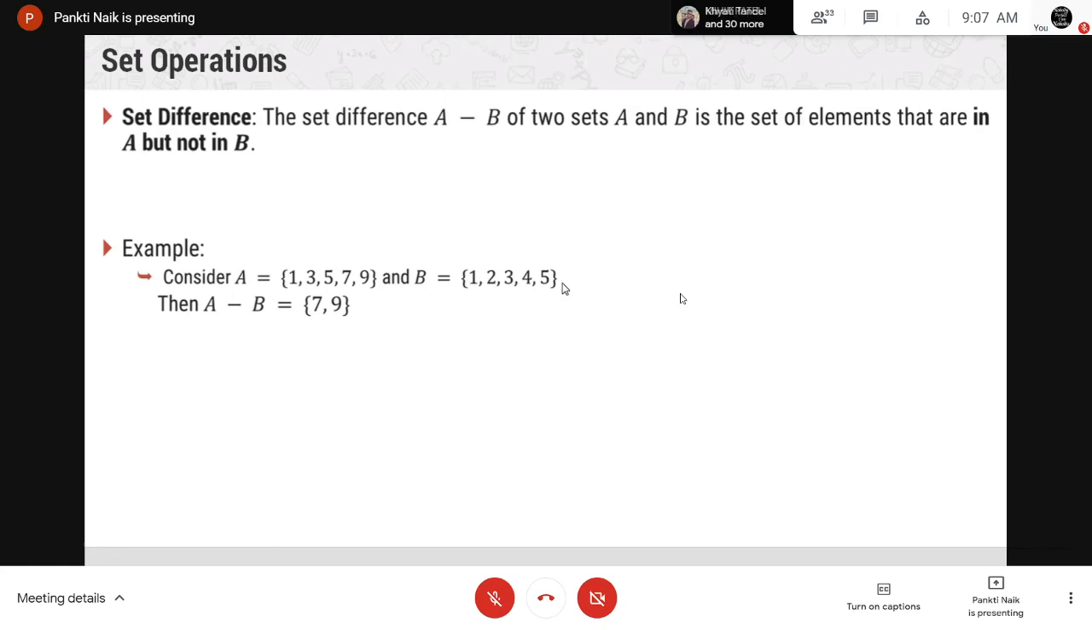Then set difference, right? So for two sets A and B, the set of elements that are in A but not in B. So A minus B means એનો આન્સર શું આવશે, જે A ના મેમ્બર છે પણ B ના મેમ્બર નથી, right? So that is set A difference B,